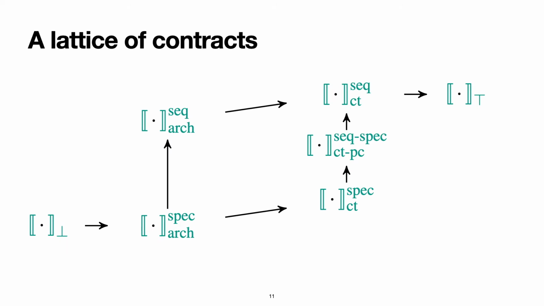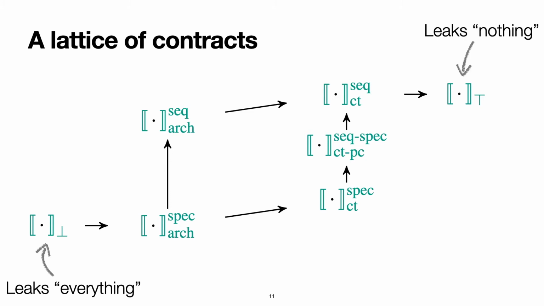By combining all these modes, we obtain several different contracts, depicted here. In our framework, contracts can be compared in terms of the security guarantees they offer, where a contract C is stronger than another contract C' if C leaks less information than C', represented here with an arrow from C' to C. So, this picture illustrates the relations between secure speculation contracts. For instance, the bottom contract leaks everything and provides no security guarantees. In contrast, the top contract leaks nothing, and it is associated with an ideal processor that does not leak information